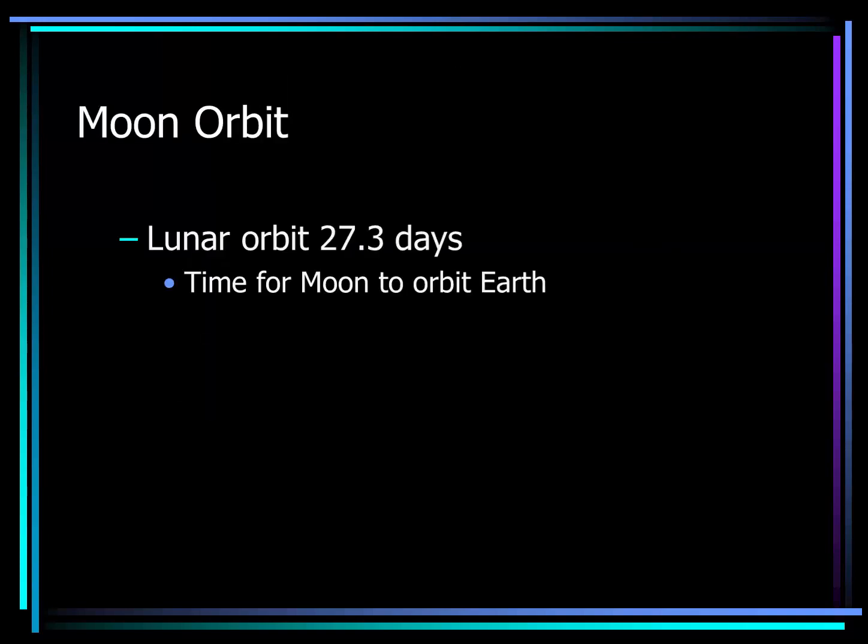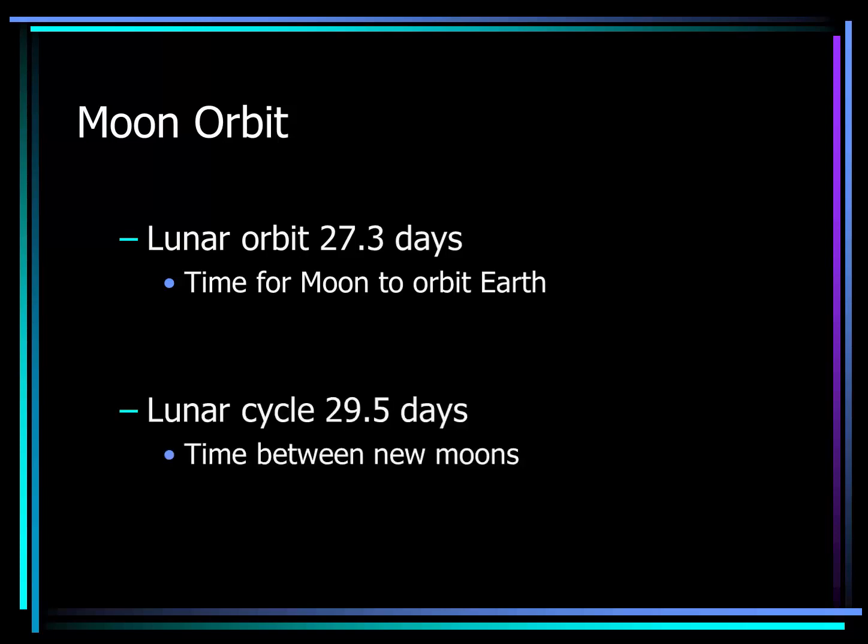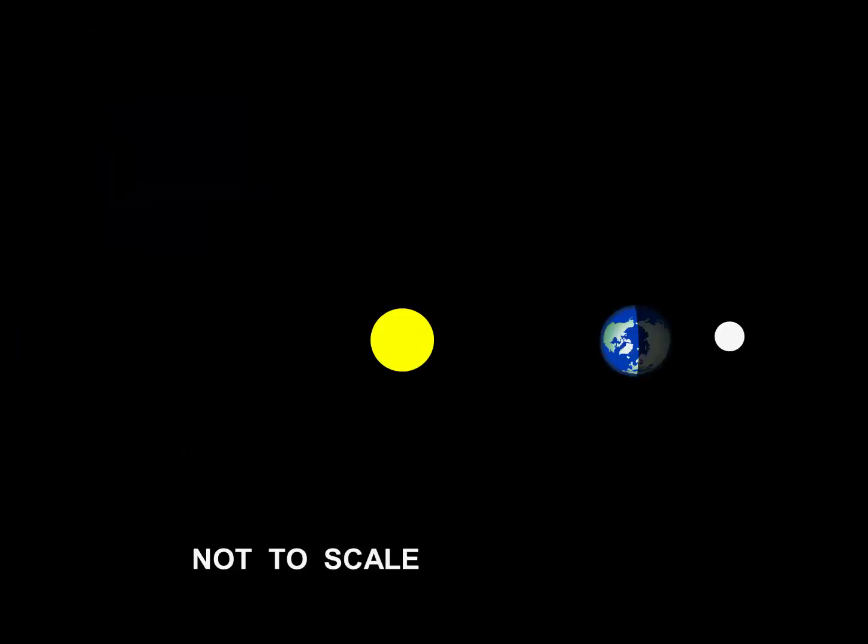A bit more about the moon's orbit. It takes 27.3 days for the moon to orbit the Earth, but it's 29.5 days from new moon to the next new moon. Let's take a look at this with a little more detail and an animation. In this animation, we can see that we're starting out with the full moon position. The moon is on the opposite side of the Earth from the sun. As we put this into motion, we can see the Earth rotating and the moon making its slow journey around the Earth,